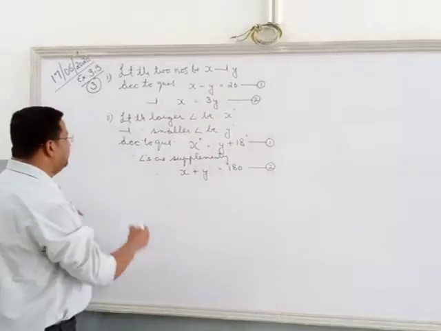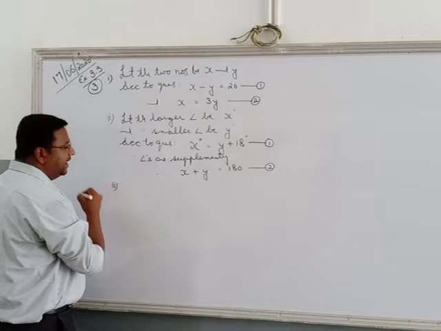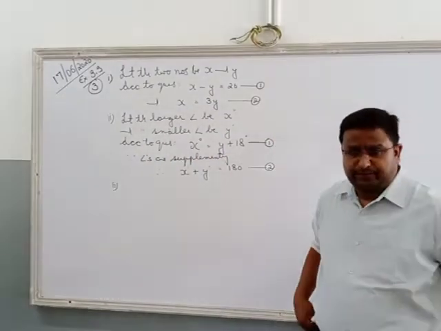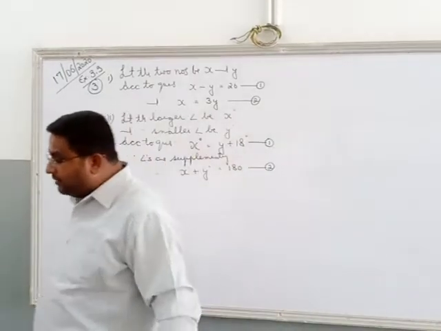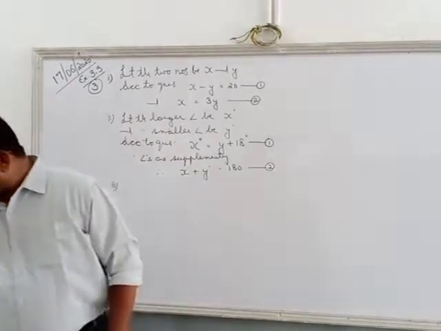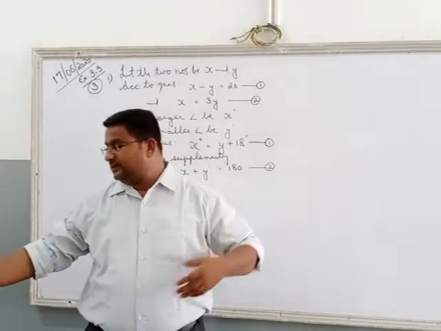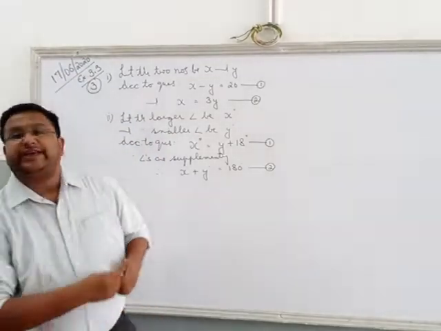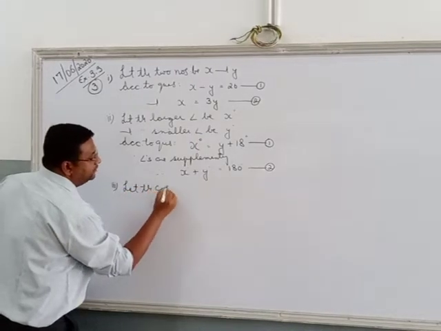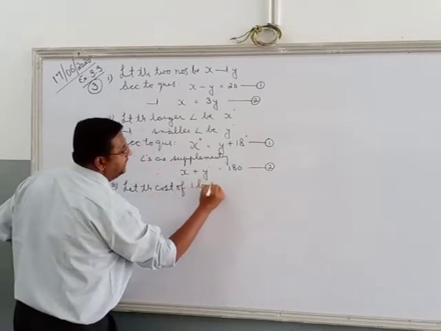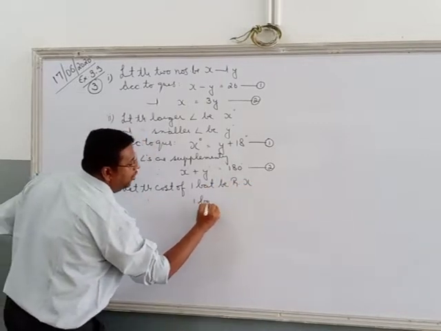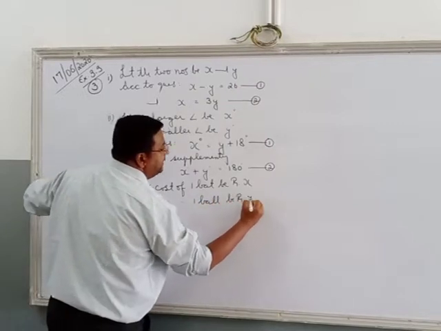Next question, third part. We use it in our daily life. Lockdown goes on, you must have gone to the market with your parents, or if not during lockdown, you must have gone to the market to buy certain things. Here also, the coach of a cricket team buys 7 bats and 6 balls for rupees this much, and later she buys 3 bats and 5 balls for rupees this much. Find the cost of each bat and each ball. Let the cost of one bat be rupees x and the cost of one ball be rupees y.